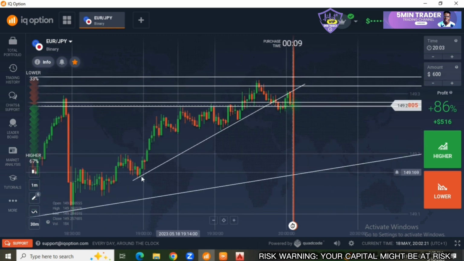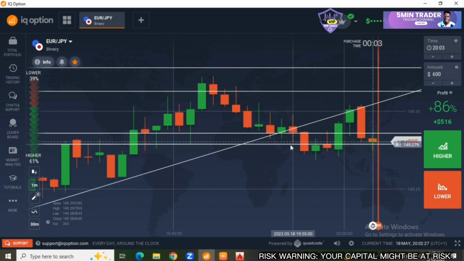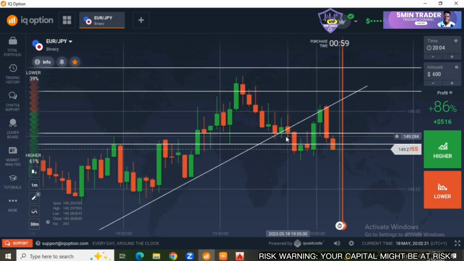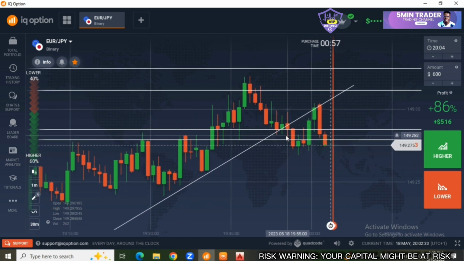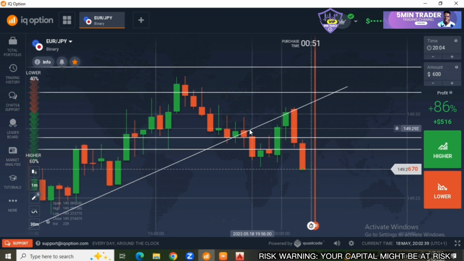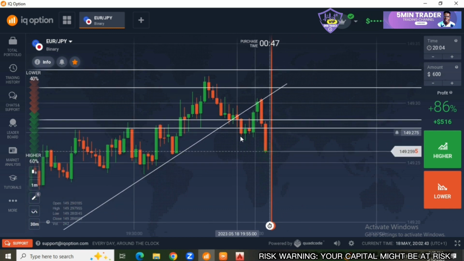This also was a pattern that I've already drawn, and with my strategy I would always take my trade if I can have a very clear breakout from this level. But when the breakout came, there was some rejection, so I couldn't place my trade on this candle. The next thing I did was I had to draw my levels,